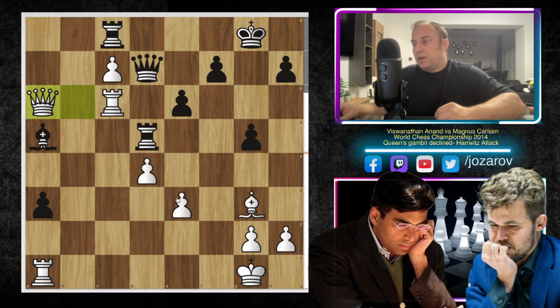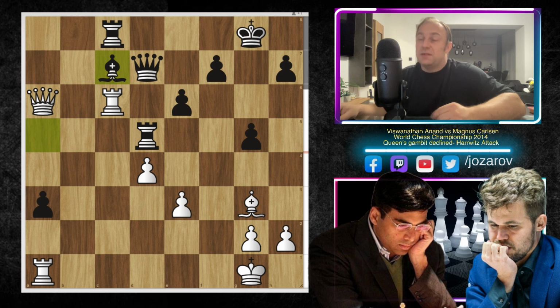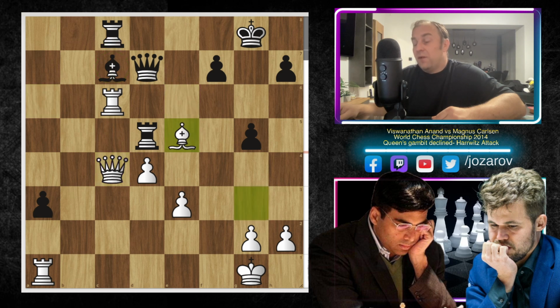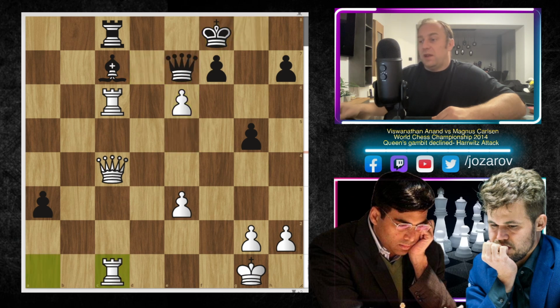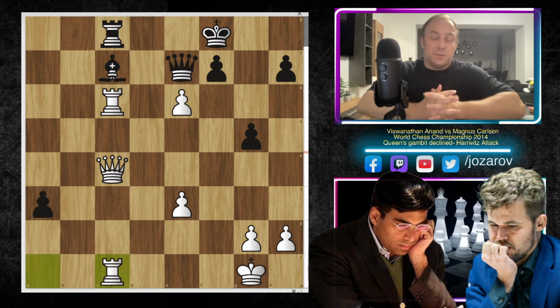In the continuation of the game here, Magnus Carlsen played bishop takes c7. He didn't find really good moves, but now he gets pinned on the c file. It's game over here for the world champion Magnus. After queen to c4, there are simply too many tactical threats here. In the continuation, we have now e5, bishop to e5, rook to e5, d takes e5. Still you cannot move the bishop, of course, and after e6, we have king to f8, and after rook to c1, in this position, Magnus resigned.